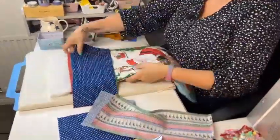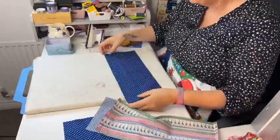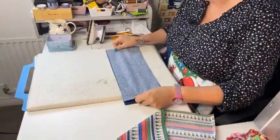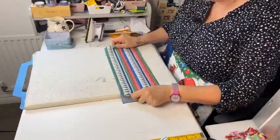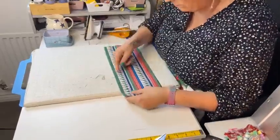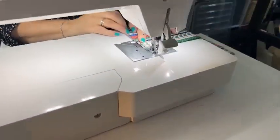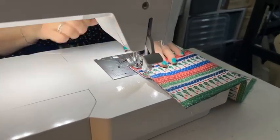So right sides together, so the fabric's there, right side out for the lining, and then right side down and right side out, and make sure that the directional print is all the same in both. Over to the machine. So you're sewing 4 layers of fabric here. So you go down the,